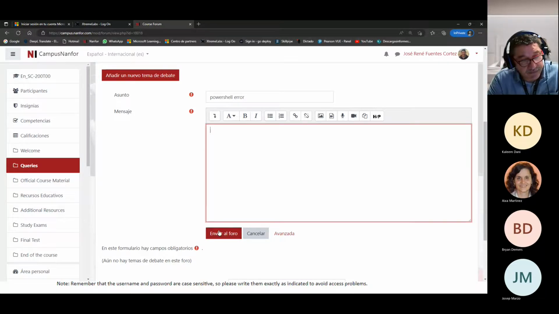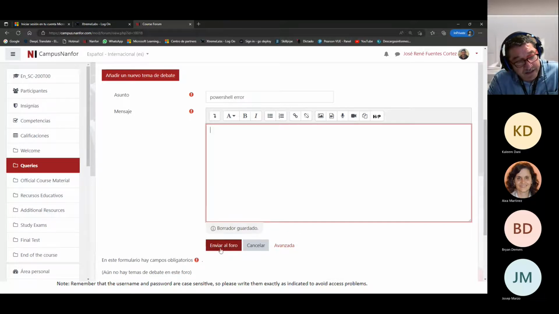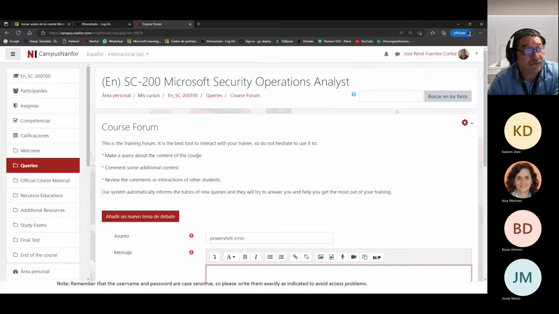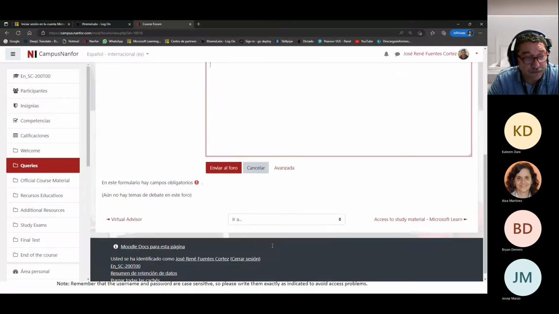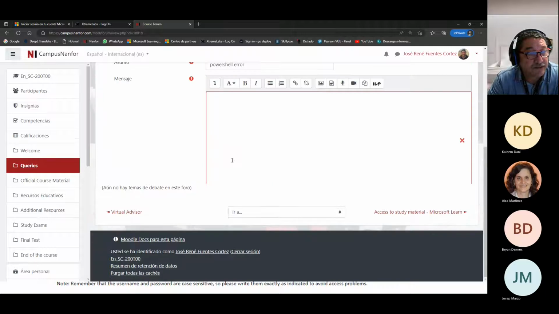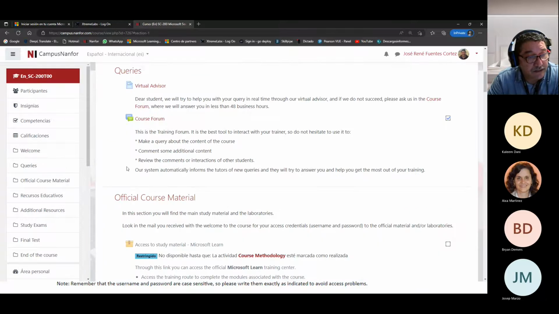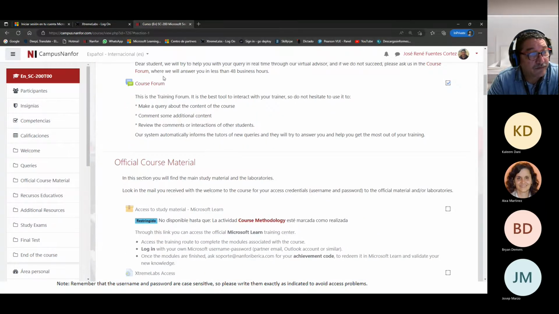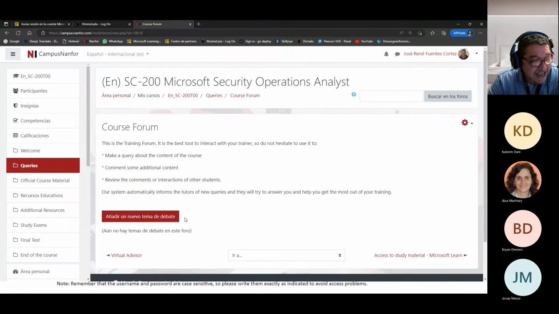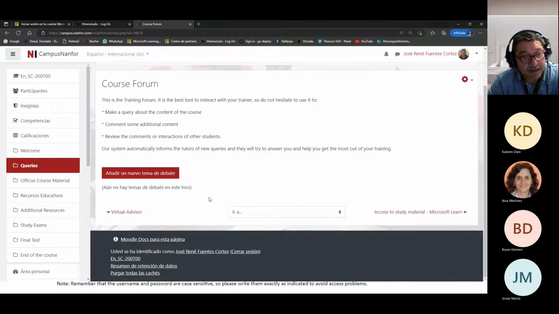the forum, which is not all translated at the moment. Anyway, here it says send it to the forum, and once you send it, your debate will come as a question in the forum, and it will appear here, and then automatically it will trigger an email to the support where we can read it. But most important is that